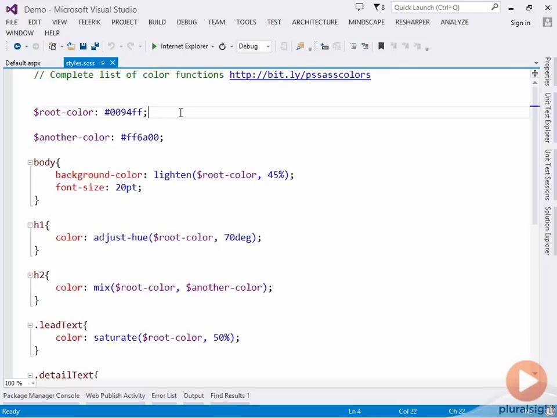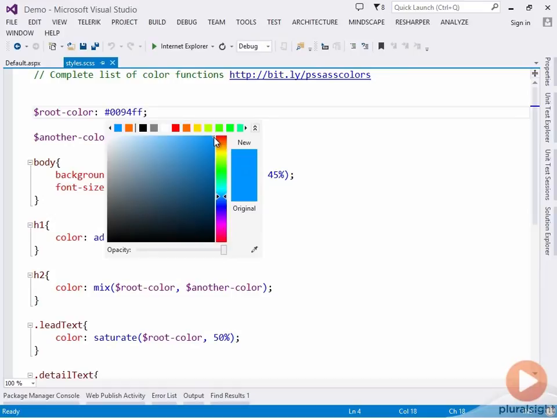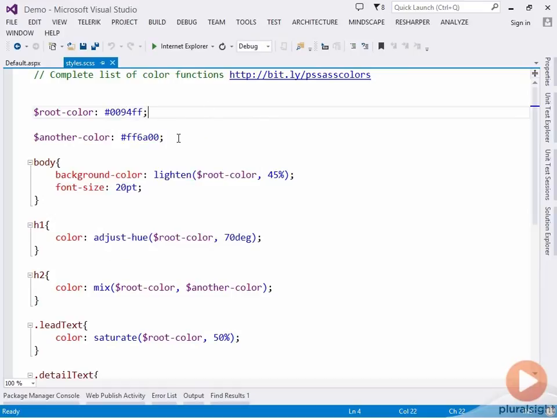value. So here we're setting a root color, and if we just hover over this and hit Control Space, we can see that this color is a kind of pale blue or sky blue. And we're just specifying another color here so we can demonstrate the mix function in a moment. So to start off, we're going to set the background color for the entire body. We're going to start with the root color here,